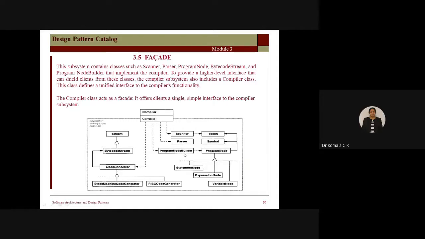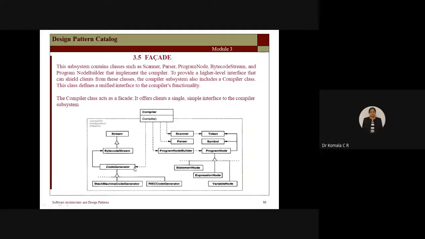What is the program node builder? The program node builder will build a program node. That means you have a number of clients, and for each client there is a separate set of code to be run. For that, I need to give an ID, so I have the program node builder, which builds the node name. Here, in the scanner, if I have a different set of jobs to be run, I will put them in a queue. For that I have to give a token number. Again, I have to give a symbol for each of these tokens and the program node you have generated. So these three will run together. These are going to be subdivided.